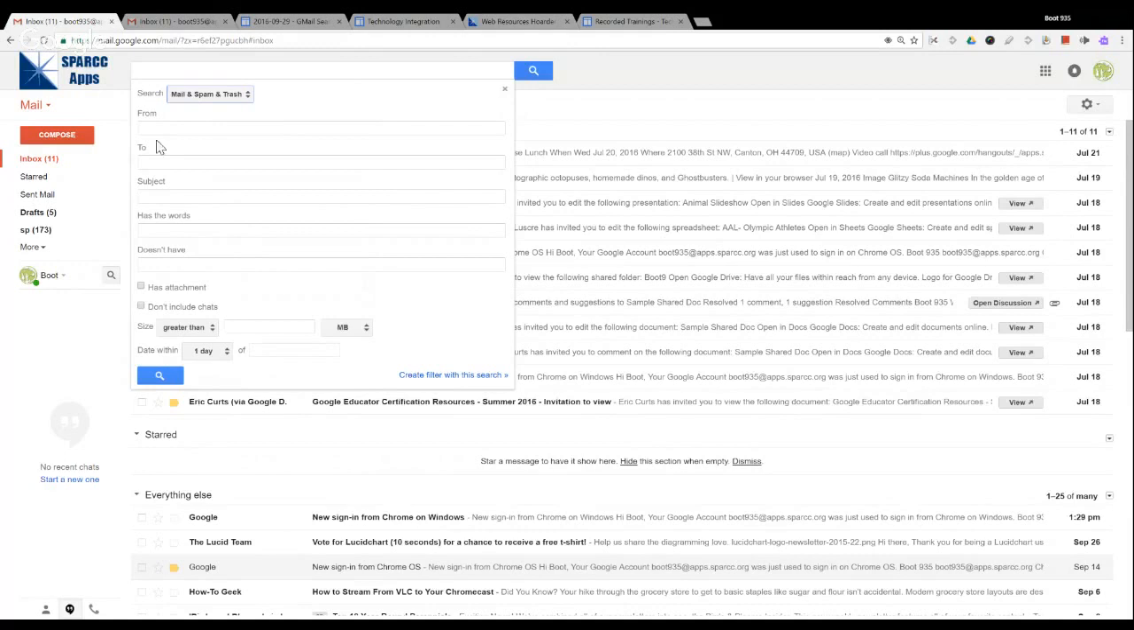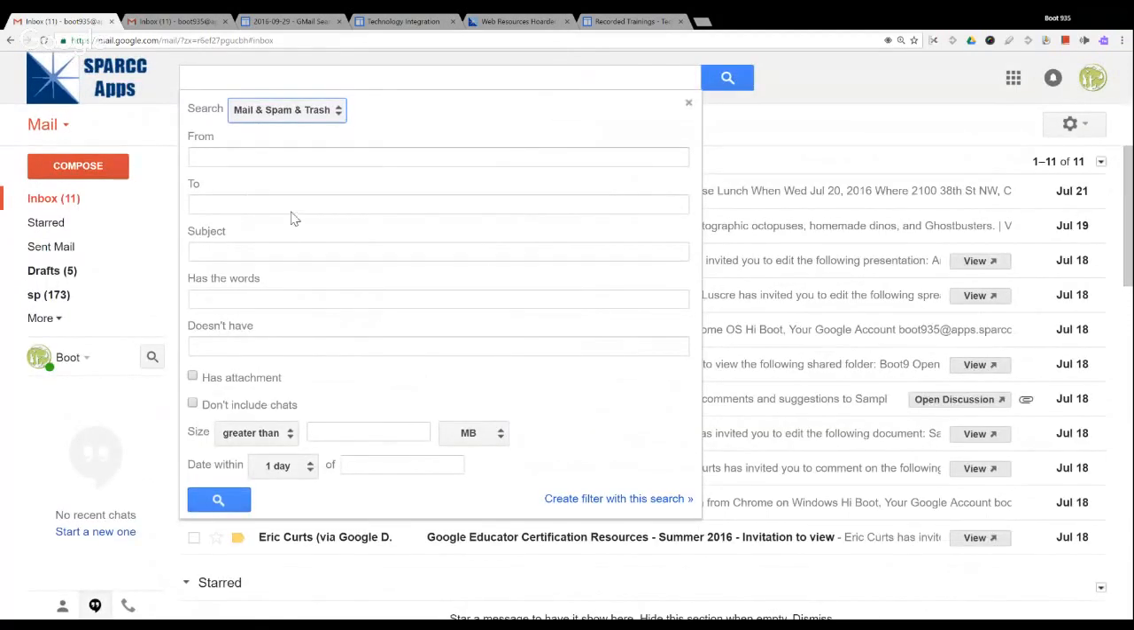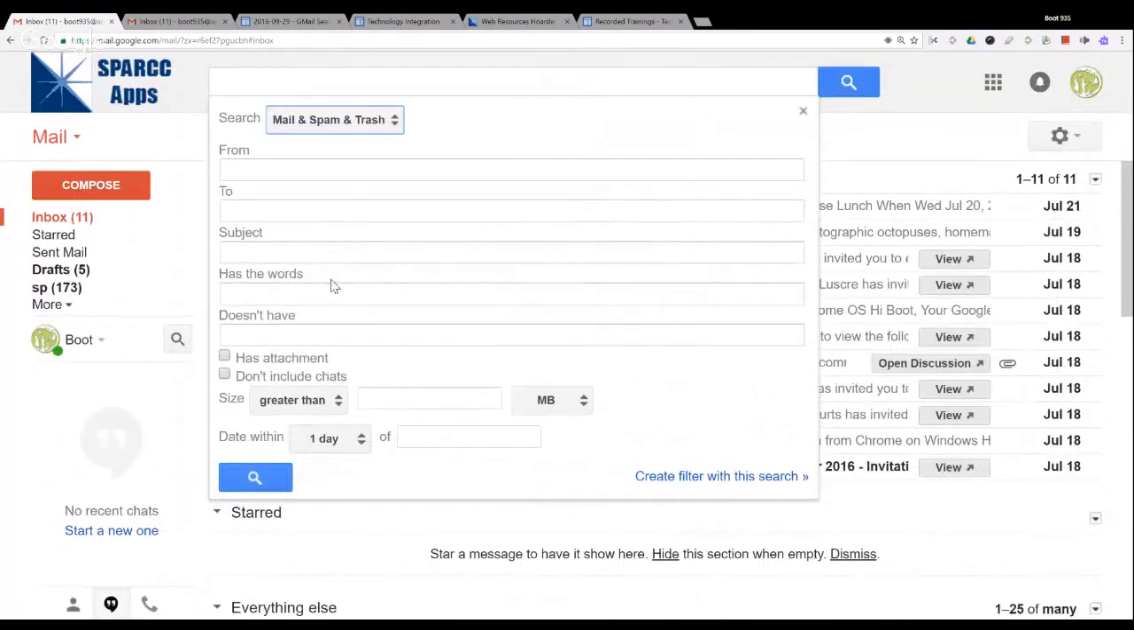From this box, we have a variety of ways we can search using the tools that are here. We can search who the message is from. We can search who the message is to, the subject line. We can look for words in the email or in the subject both, or we can look for things that do not have specific words. We can look for things that have attachments. We can look for things that do not include chats. We can also choose how large the email is